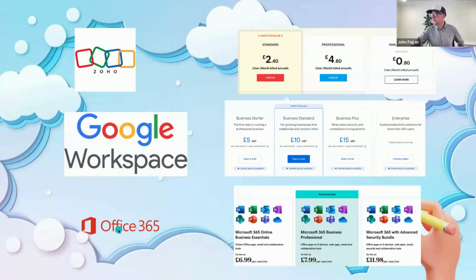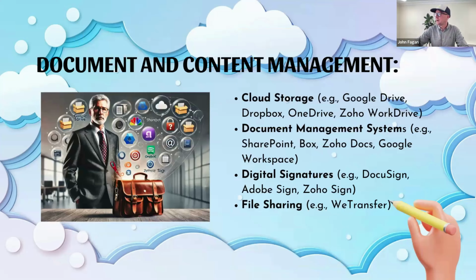Office 365, you can't get it for free. Google Workspace, you can't get it for free, but you can use the free version, which is just called Google Docs. If you get a Gmail account, you get Google Docs for free, with all the spreadsheets, and storage as well. That's also possible to use, but in an organization you need centralized access and control for all the users. I might do a blog on how you could do that in a secure way.